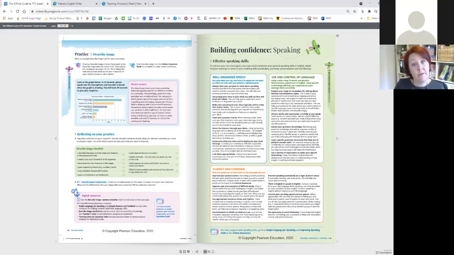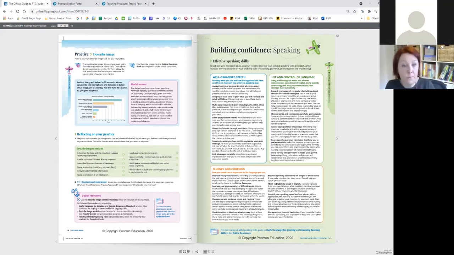And then the last page of each task type section is practice. So in the test taker book, you don't get this pink bit, you just get the task. In the teacher version, you do get either a model answer for speaking and writing, or you get the answer key in the book. So you can see it right away. You don't have to go off somewhere else and look for the answer key.